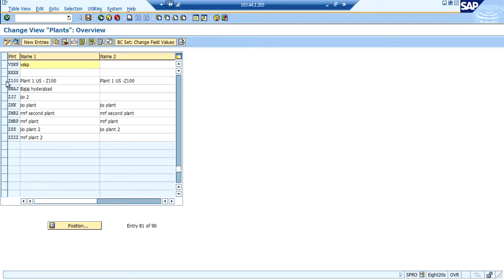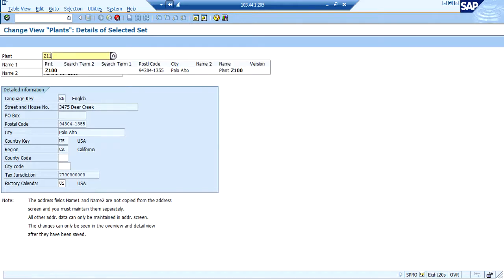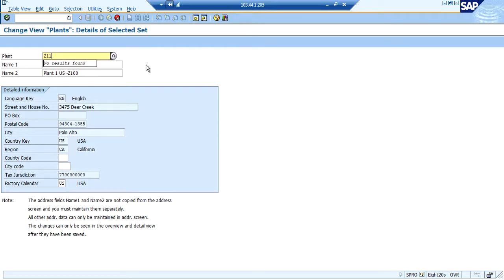Here I am taking plant Z100 as reference and copying it to create my own plant. I will create Z110. Accordingly I am making up a description, but all the information that already exists will be from the Z100 plant.